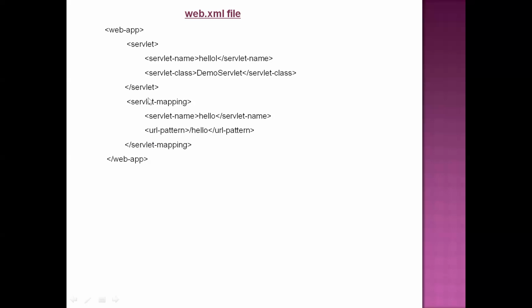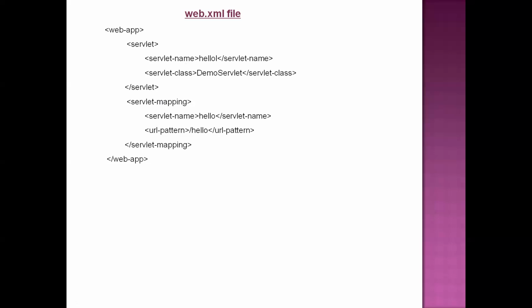Whatever contents are there within the servlet-mapping tags are used for identifying your servlet in the web server's memory space. Suppose your application has 100 servlets, each and every servlet should be recognized by using some address, right?